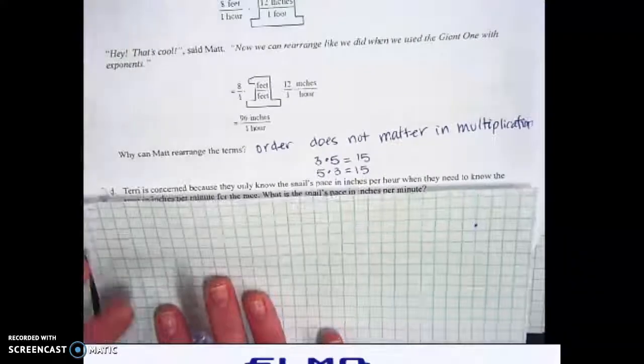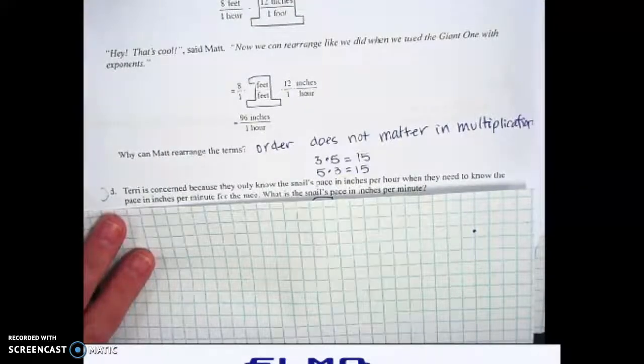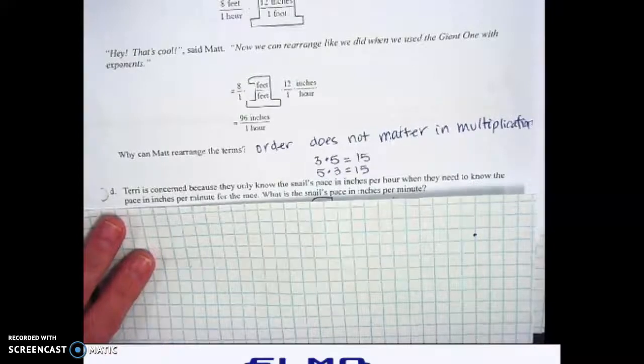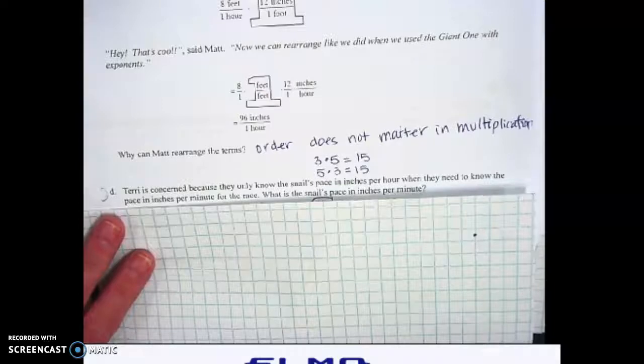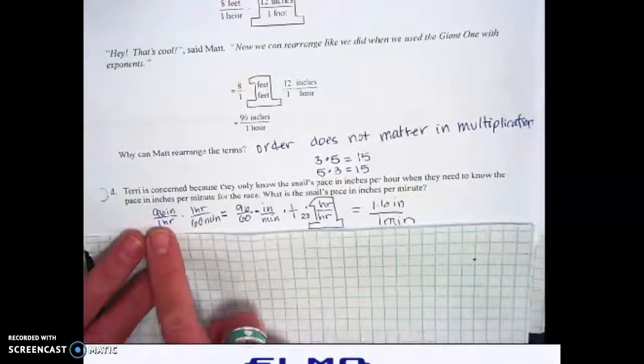All right, so let's try it. Terry is concerned because they only know the snail's pace in inches per hour when they need to know the pace in inches per minute. What is the snail's pace in inches per minute? So they were really close, but they need to take it 1 step further, right? So we're going to take it 1 step further